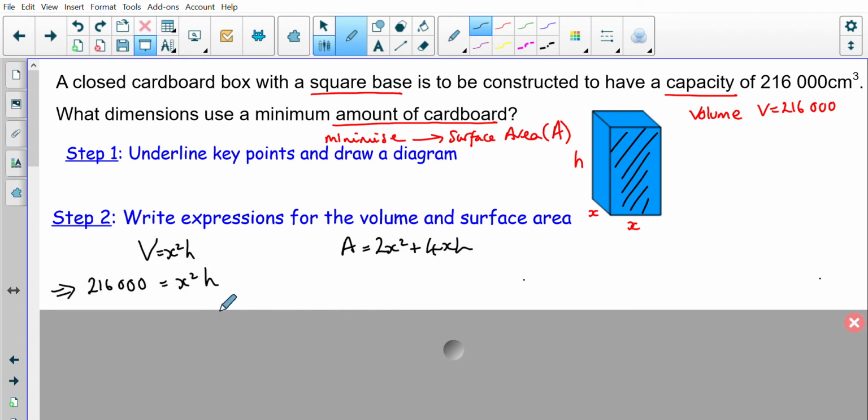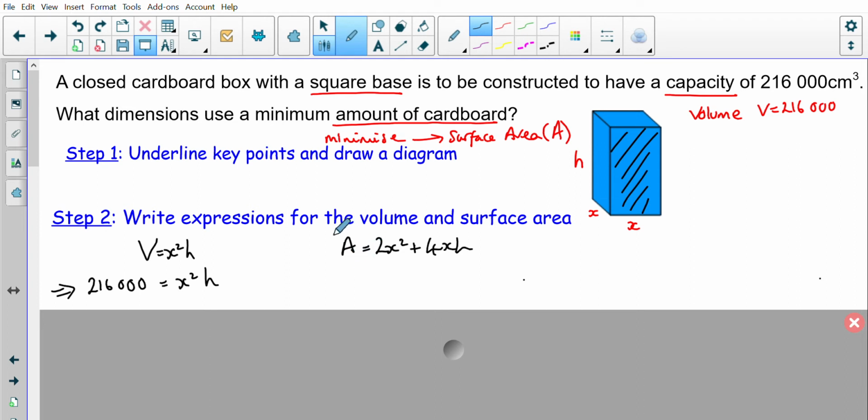The volume we can put equal to 216,000, that's going to equal x squared times h. Area, we've got 2 lots of the base and the top, and 4 lots of the face x times h going around the side. Now we know that we want to minimise the surface area in this particular question, so